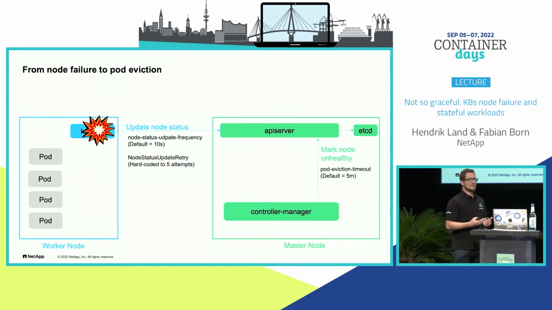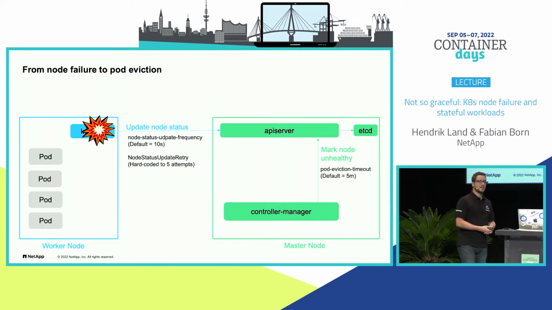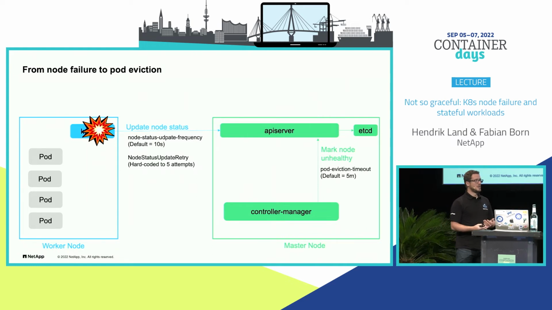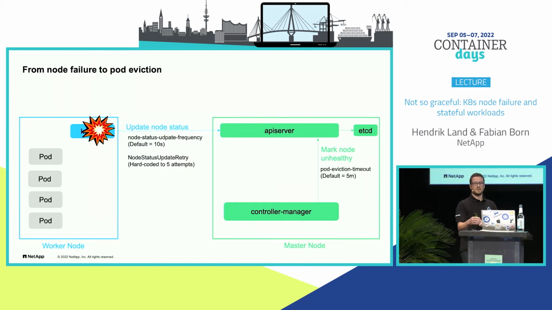Once it notices that, the controller manager marks the node as unhealthy. And that's what we saw. And that starts another timer, which is the pod eviction timeout. By default, 5 minutes. And again, a value you can configure on the controller manager. But that's why it took another 5 minutes to actually terminate those pods and try to reschedule them to another